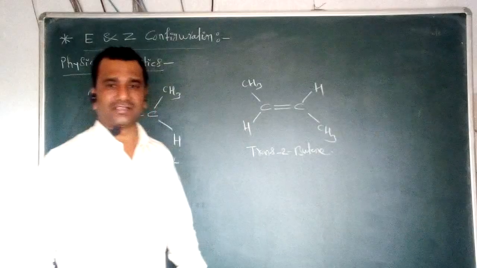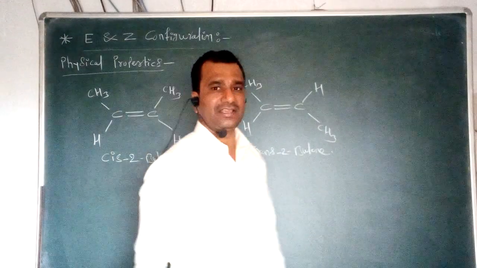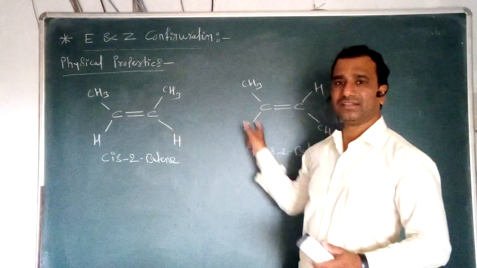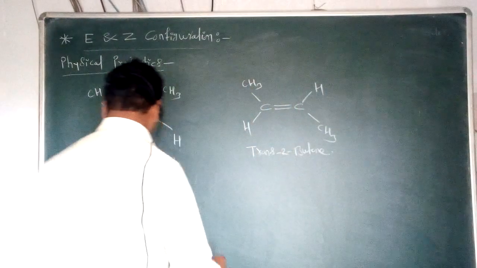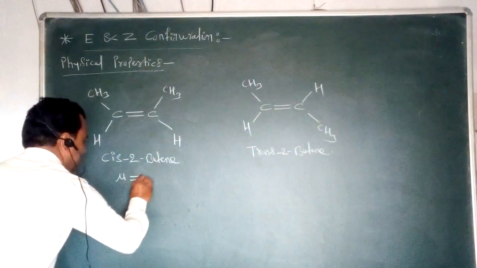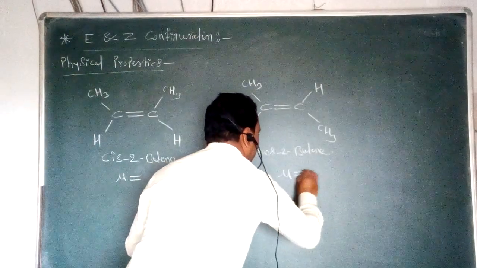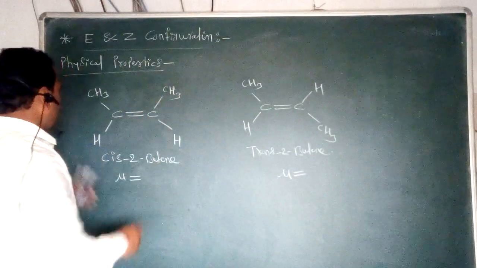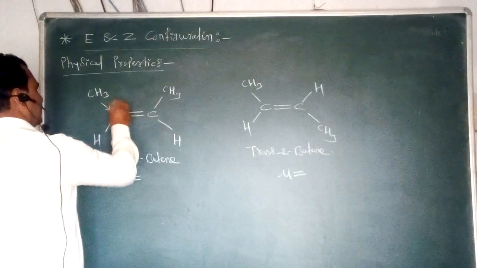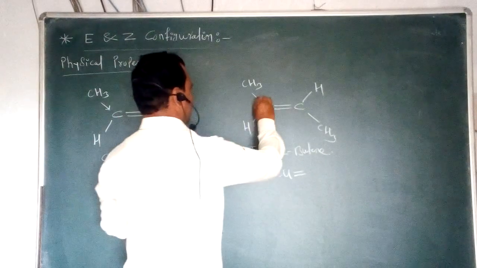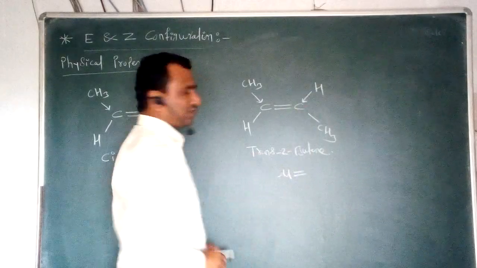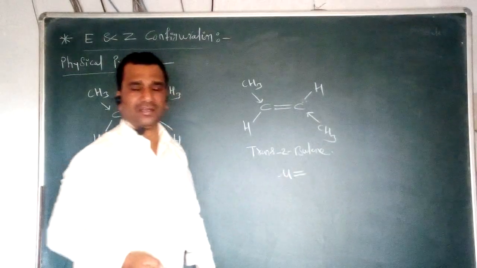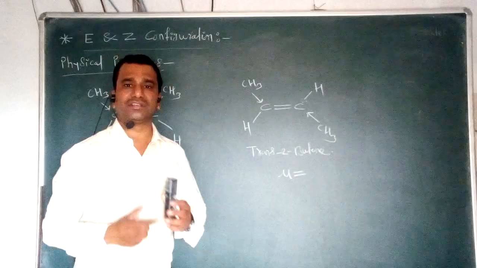Now if we consider some simple physical properties, suppose the dipole moment, we take into consideration the polarity shown by these two molecules, and what magnitude can be shown by them. If we compare the relative structure of these molecules, two methyl groups are present in each. We know that these methyl groups are electron donating groups. Due to the electron donating nature of these two methyl groups, these molecules show some polarity.